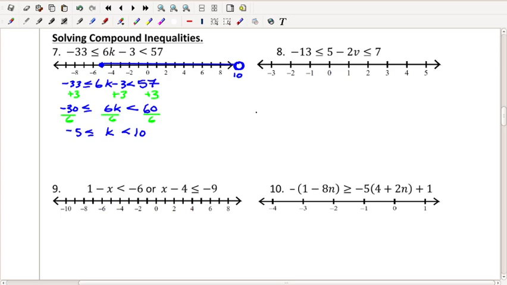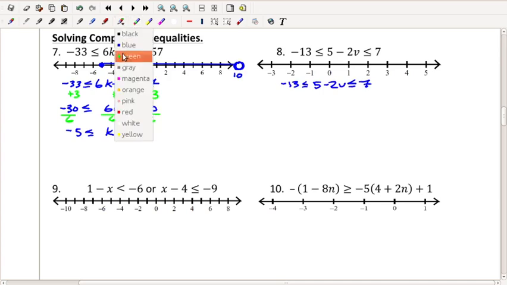All right, why don't you pause your video and try number 8, and then we'll come back and finish it together. All right, here we go. I'm going to copy it down underneath so that it's easy to work with. I'm going to move my 5 by subtraction